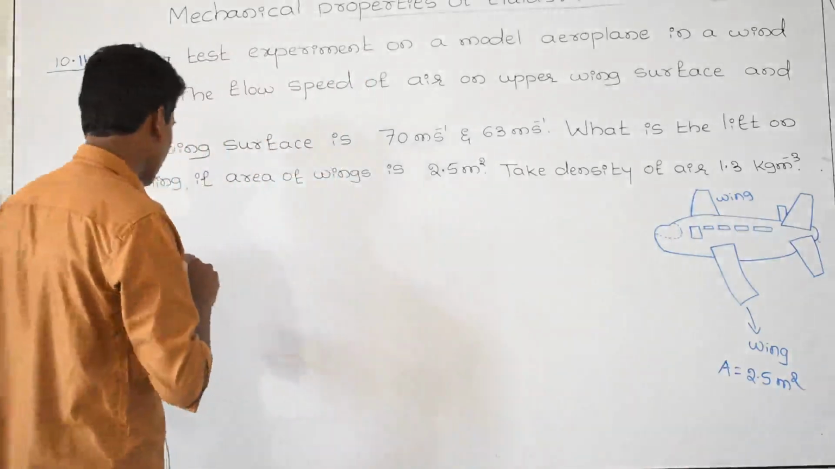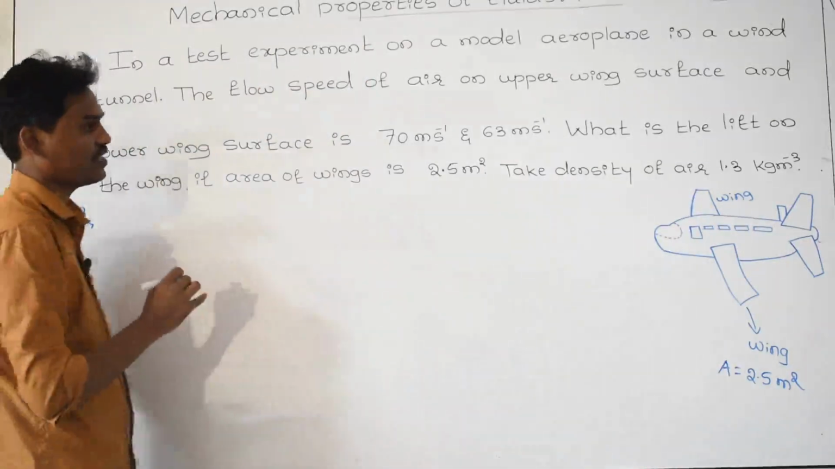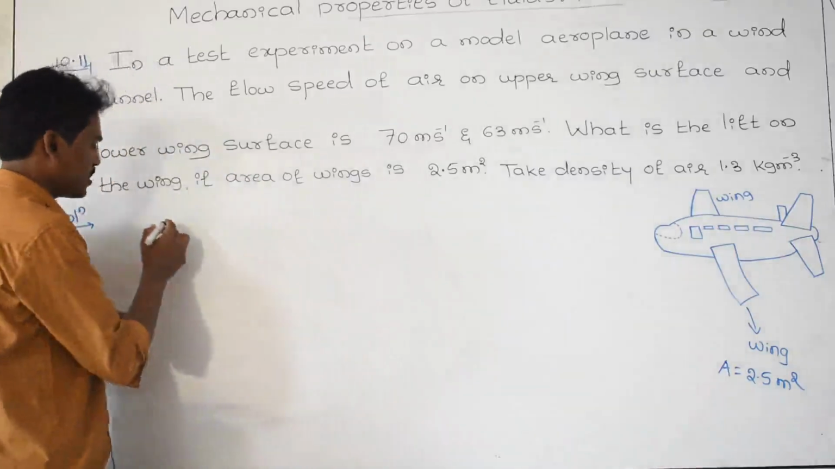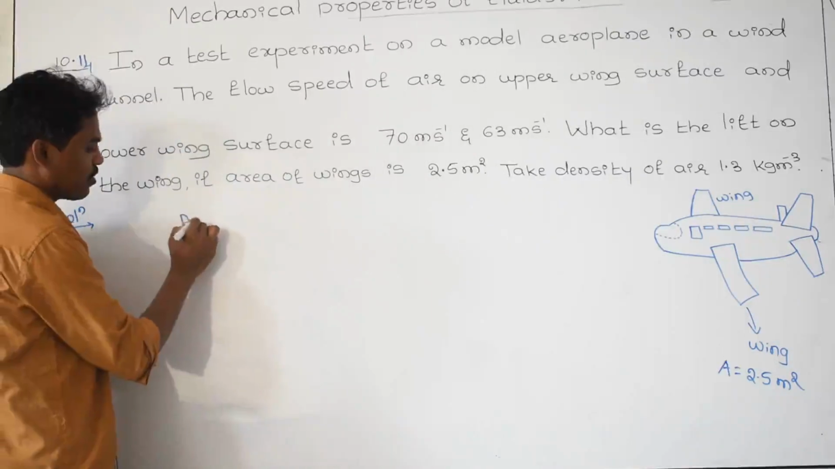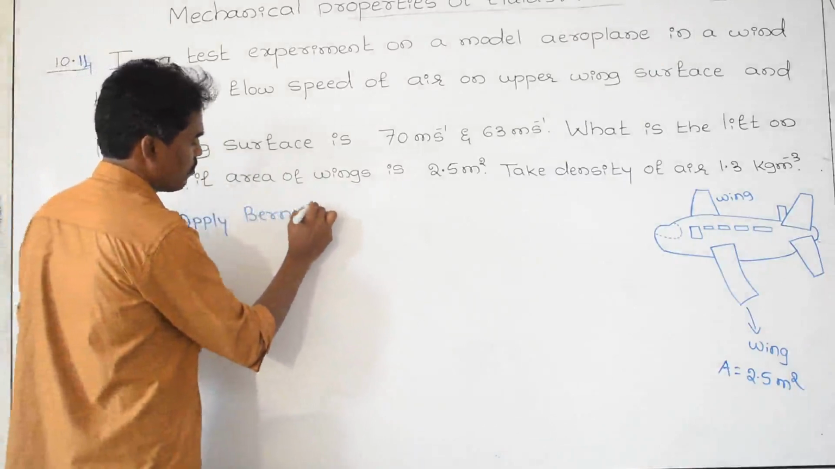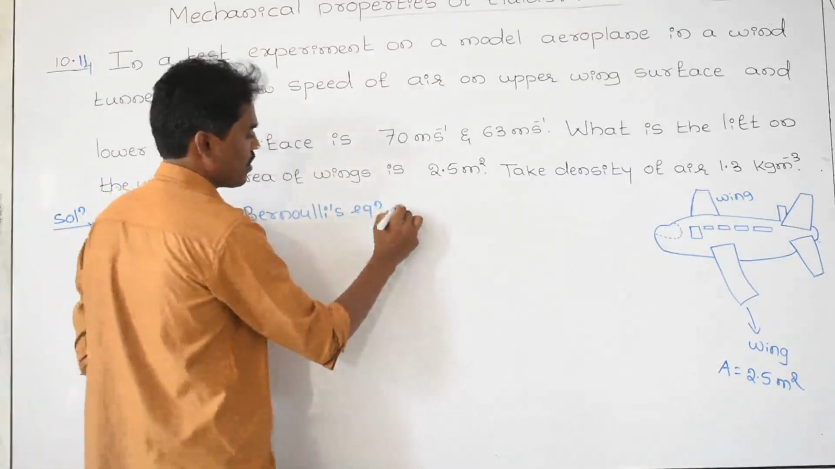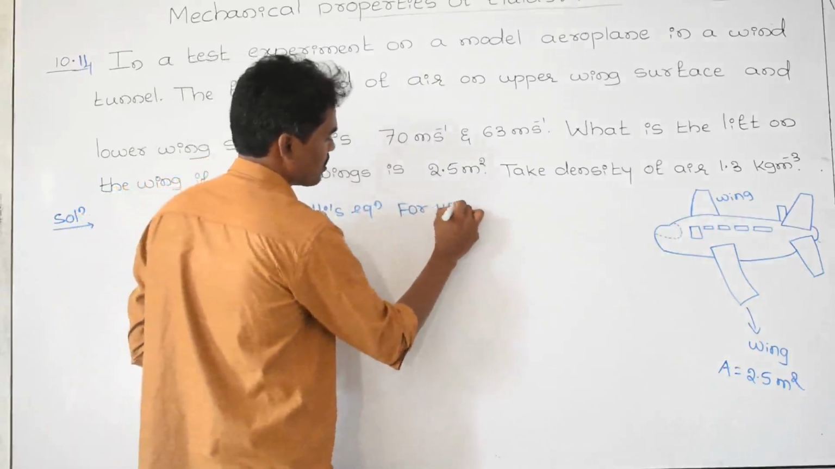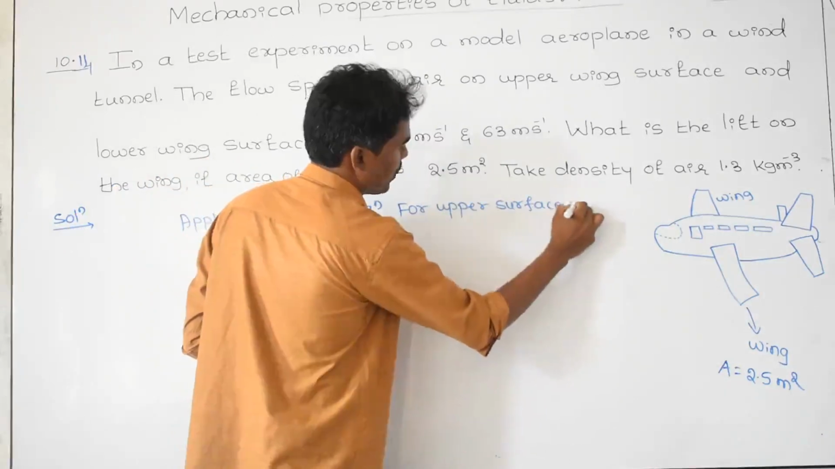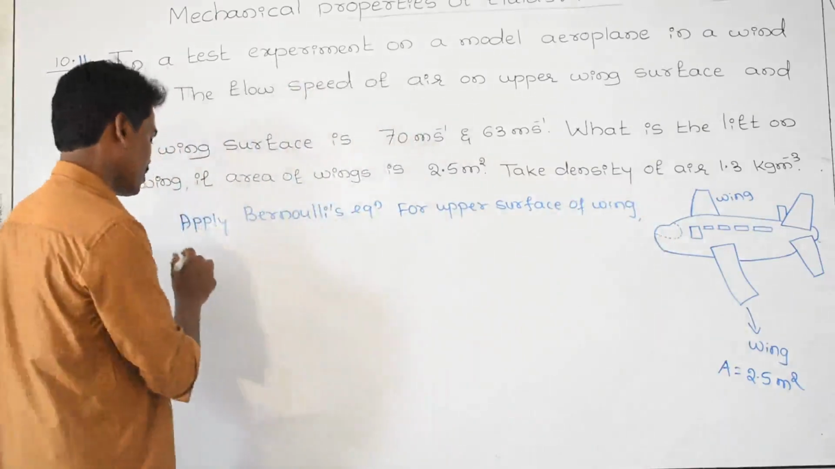Before going to that, by using the help of Bernoulli equation, apply Bernoulli equation on the upper wing as well as on the downward surface of the wing. Let us take P1, apply Bernoulli equation. Bernoulli equation for the upper surface of the wing. Remember the Bernoulli equation once again, the theoretical formula,